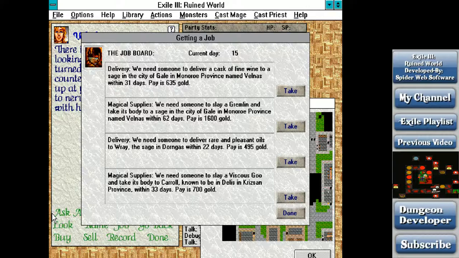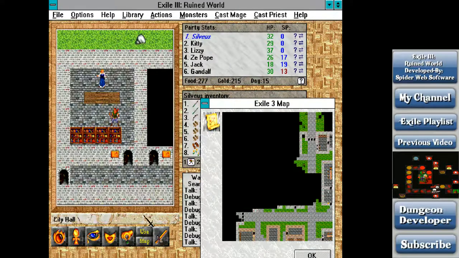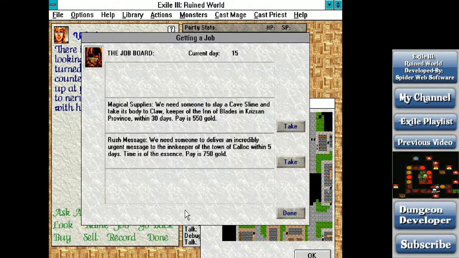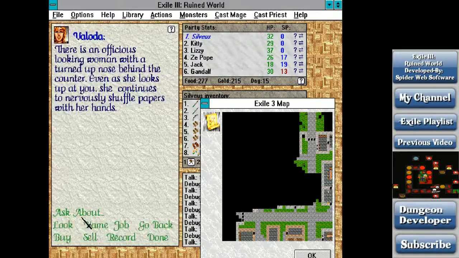I have no idea where Dorngas is. A viscous goo. I don't know where to find viscous goo. You gotta be careful with those ones where they tell you to, like, kill a monster, because certain monsters can be pretty hard to find. I don't know where Calic is. Cave slime? I don't know where to find a cave slime. I would take those, but